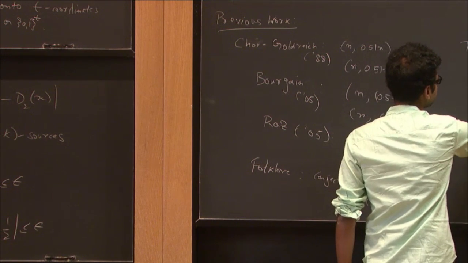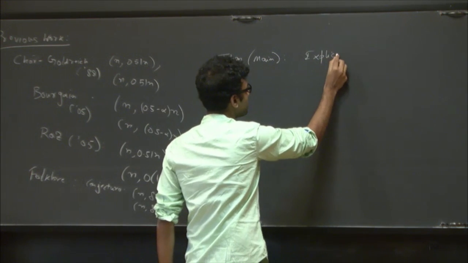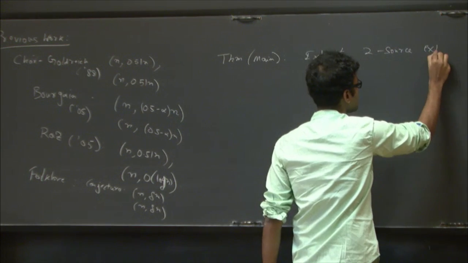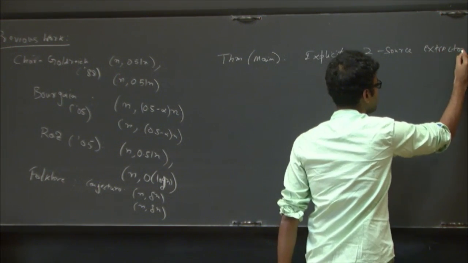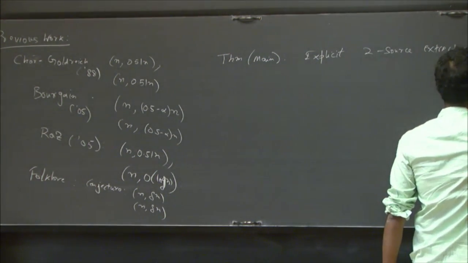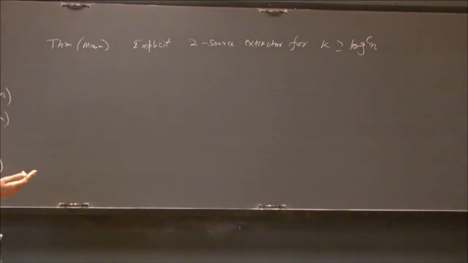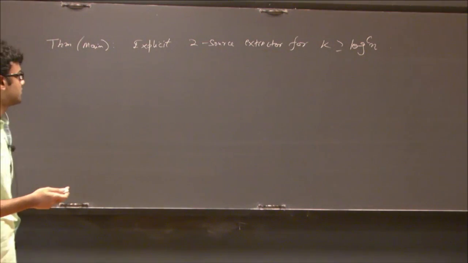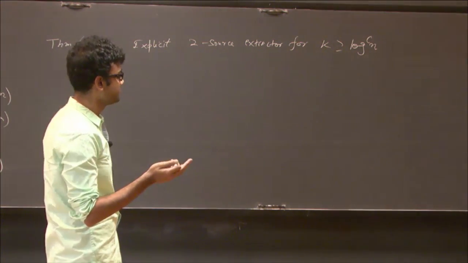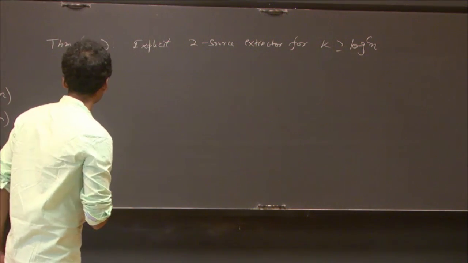So our main theorem is an explicit two-source extractor for k greater than log power C n, for some small constant C, which actually can be taken to be 0.75, and it has been further improved to 0.1 now by improving one of the components, by Raghu Meka. All right. Okay. So